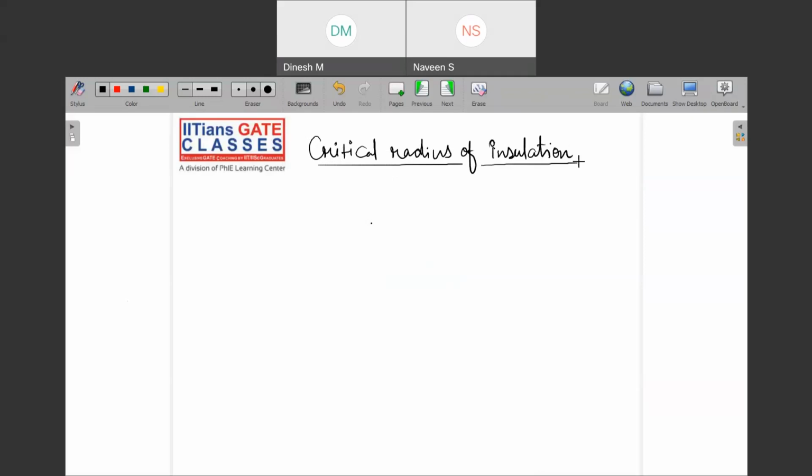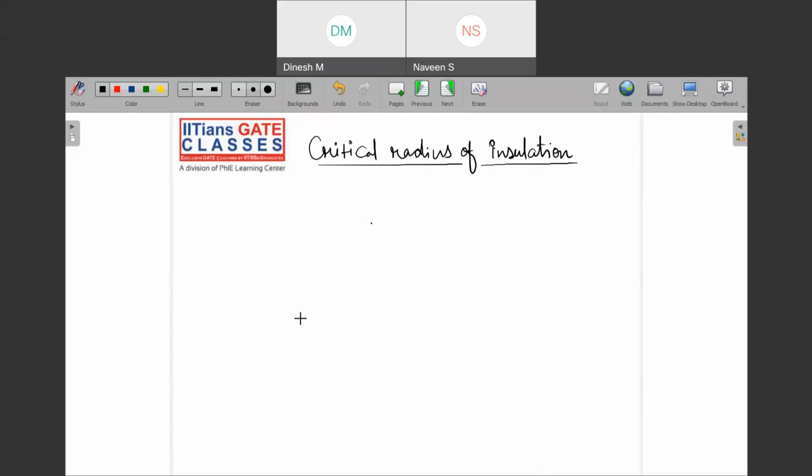See, whenever you are adding insulators, like we have seen in the case of radial heat conduction, we added some cover in order to avoid heat loss. Then the question is what should be the thickness of that insulation. This is very critical, because if you don't add it as per the requirement, it might happen that you added it to reduce the heat loss, but it ends up increasing the heat loss.